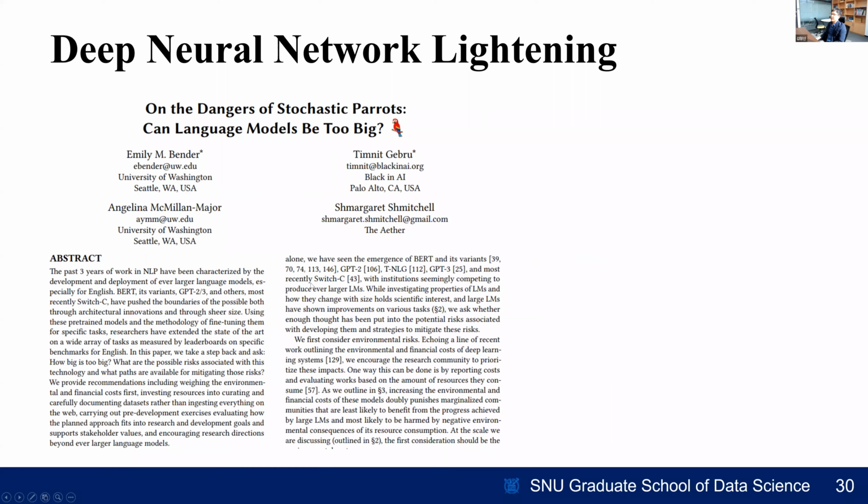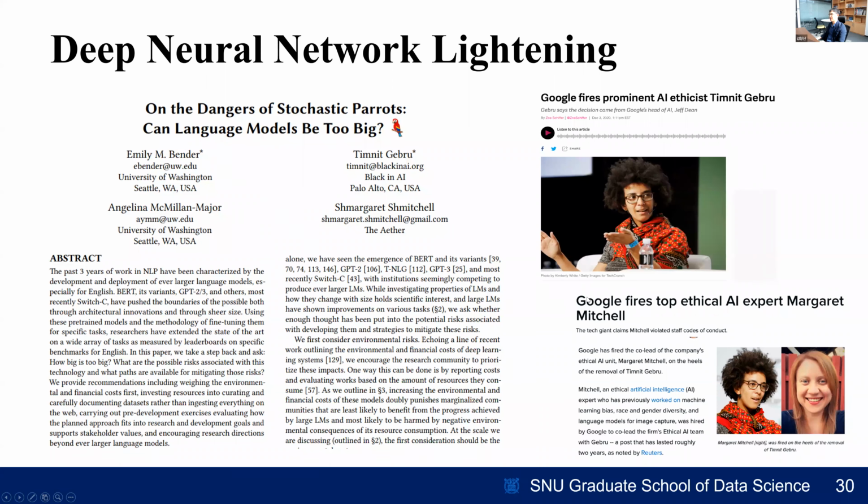AI ethicists at Google published a paper that warns of the danger of making deep learning models too big, from the environmental perspective. This is an inconvenient truth, right? It's the dark side of these fancy AI models. And you know what? These researchers got fired from Google while working on this topic.